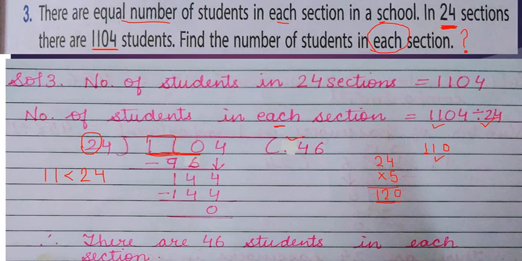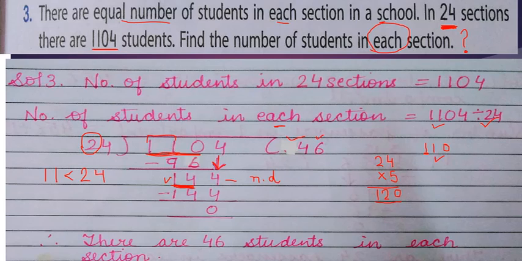Up 24 4s are 96. You will do subtraction, 14 will come. Remainder is less than divisor. Yes, 14 is less than 24. Now this is the time to carry down next digit also. 144 is the new dividend, and of course now in the table of 2 you will check 14. You will say ma'am 14 is coming at 7. तो 7 से करोगे definitely big number will come. So that is why they have taken 6.